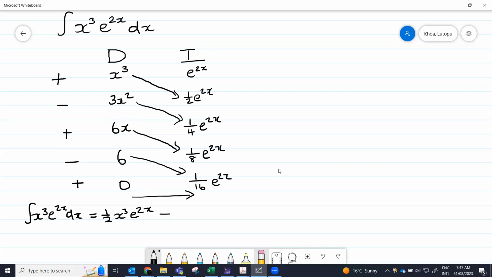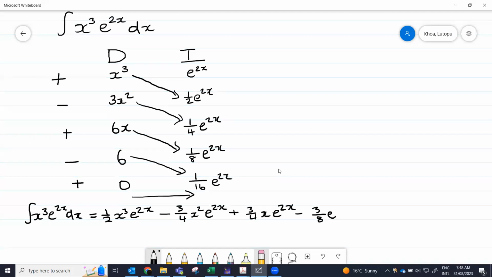So it's negative 3 times a quarter, which is 3 over 4 x squared e to the power of 2x, and then the plus, you multiply 6 times 1 over 8, that is 3 over 4 x e to the power of 2x, and then the next one is minus 6 over 16, that is 3 over 8, so it's minus 3 over 8,